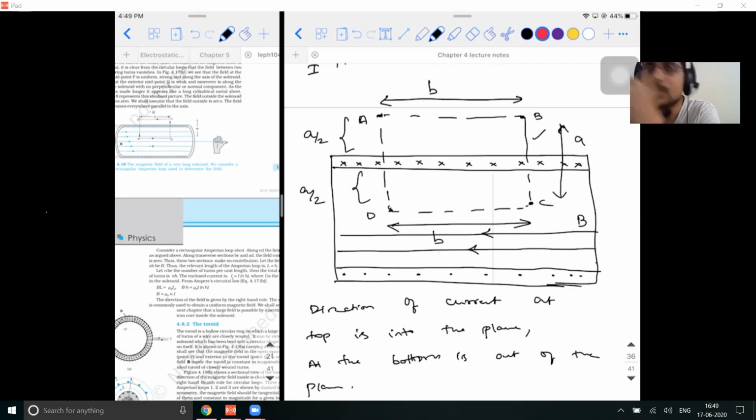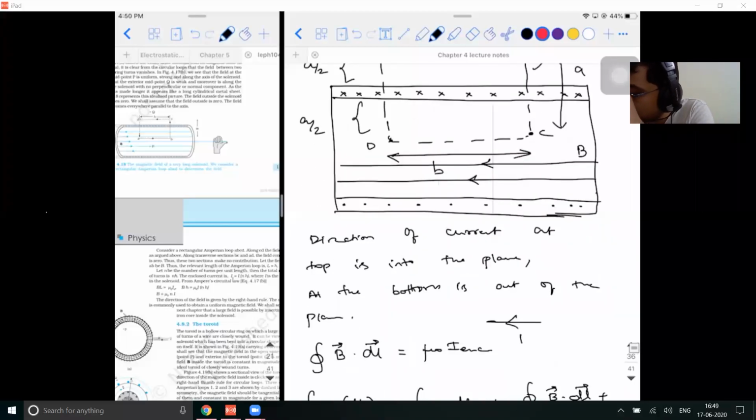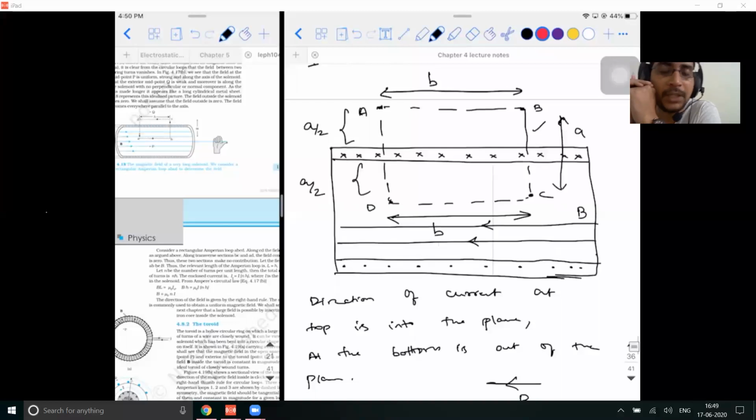Minus I cap. So now I'm asking, what is the angle between them? The B vector is in this direction. What is the direction of AB? How are B and AB? B is parallel to it, 180 degrees. They're parallel to each other, 180 degrees, right? It is 180 degrees, but what will happen is, for a long solenoid, there will be no